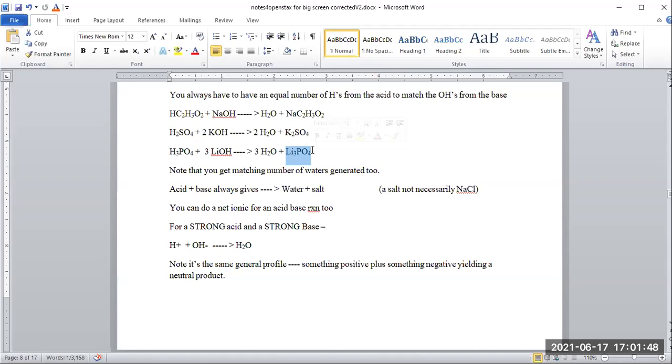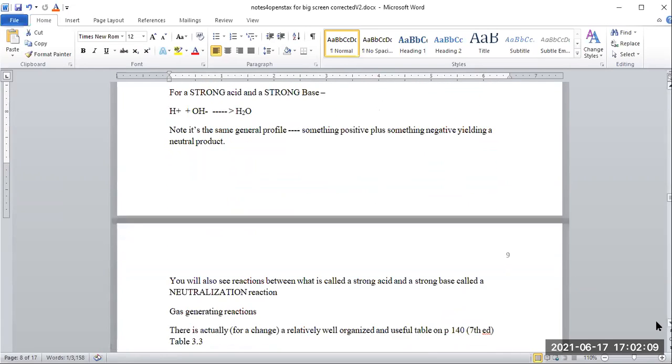That actually hasn't really changed. My cation is my hydrogen, my anion is my hydroxide. In this case, my neutral molecule, instead of being a solid, is a water molecule. So all of those are ways to keep track of